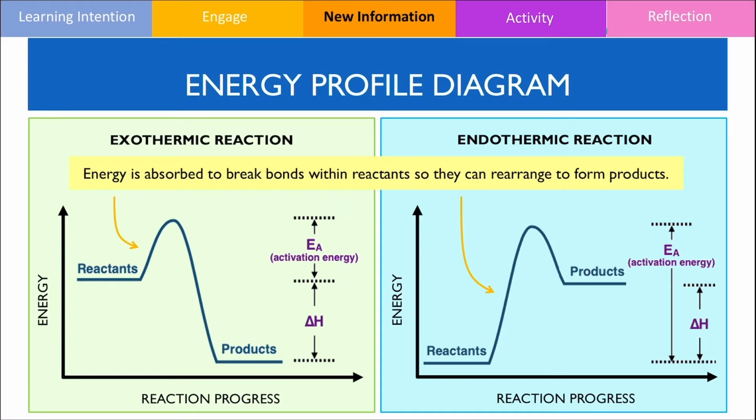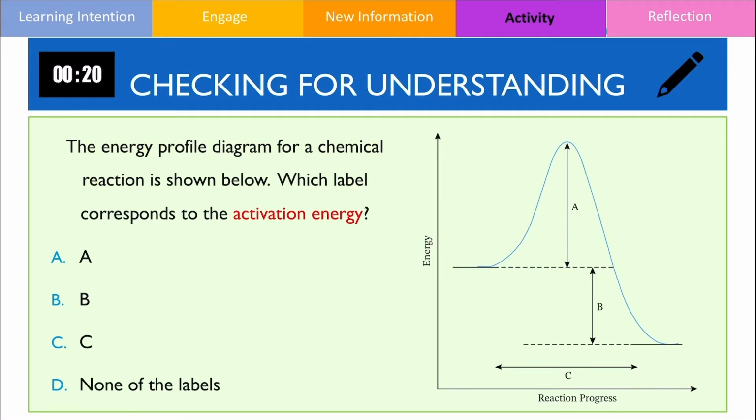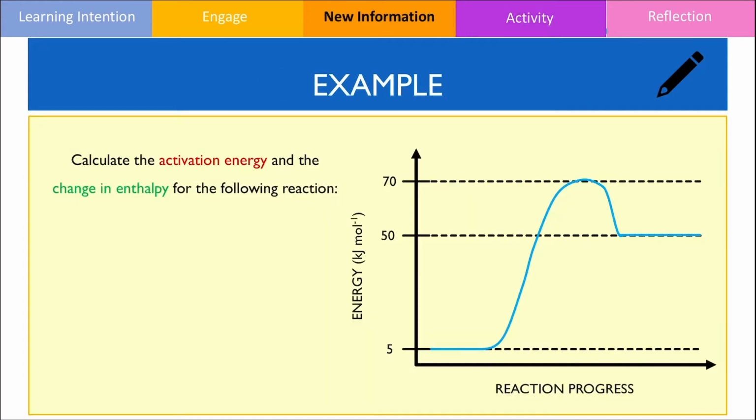Let's quickly stop for a moment and check for your understanding. Pause this video now and identify which of the following labels corresponds to the activation energy. The correct answer to this question is going to be A, as it's always measured from the reactants to the tallest peak. Let's now go through an example of how to interpret the magnitude of the activation energy and enthalpy